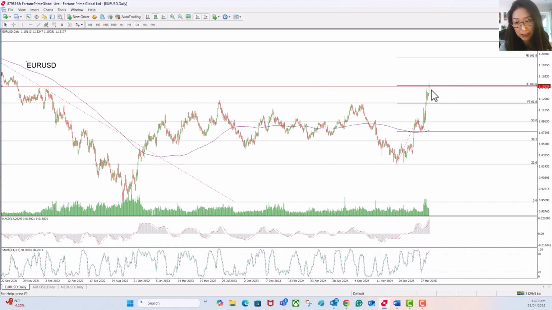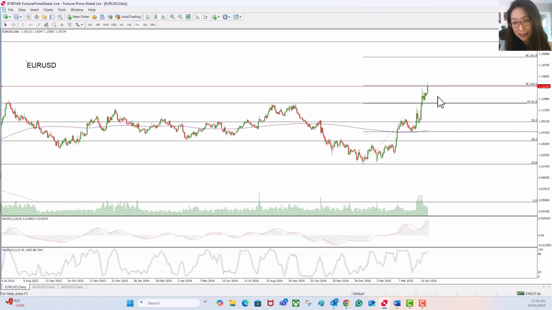The first one is the euro against the US dollar. Overnight, the euro has surged against the US dollar to the highest since November 2021. The upside momentum could continue if it breaks out of this potential key resistance, around the 100% Fibonacci expansion retracement. Once it breaks up here, the next potential level could touch 1.2, which is around the next retracement of the Fibonacci expansion.